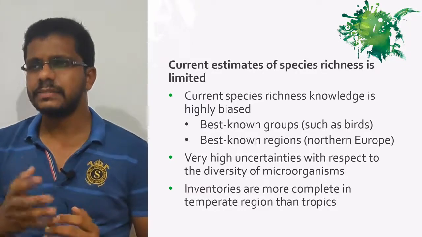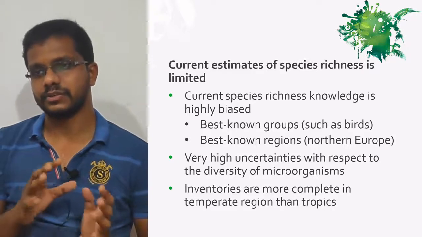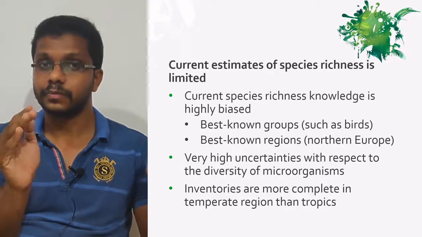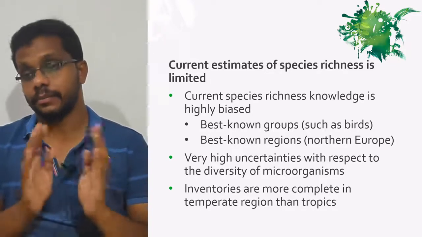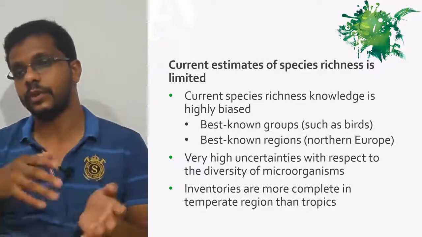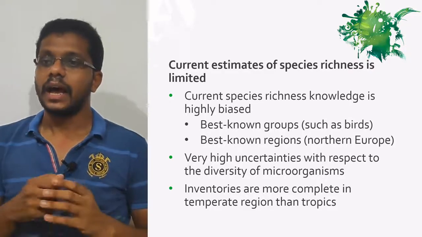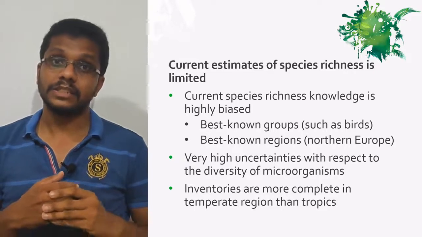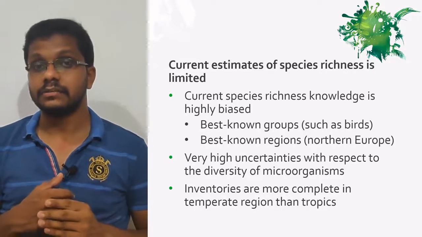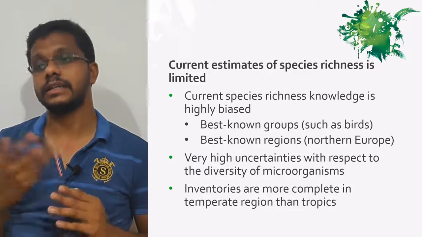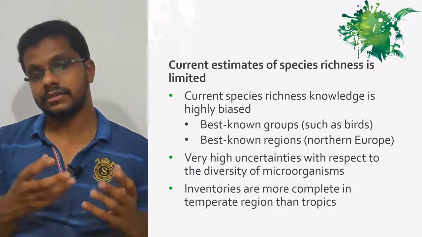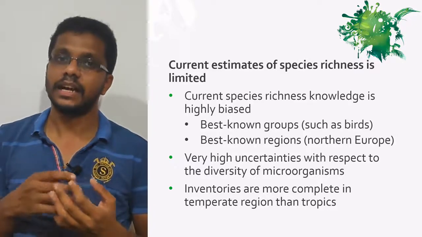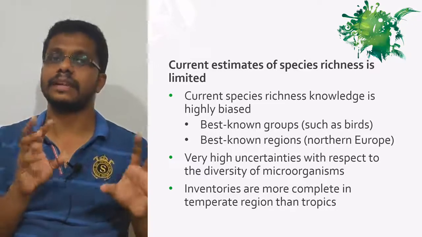So, the current estimate of species richness is very limited because of the bias. We are studying a very limited area with very limited species, maybe a very limited type of species. We are avoiding most of the biodiversity, and there is very high uncertainty with respect to the microorganisms, especially the archaebacteria, which is the biggest group in microorganisms. We don't have enough information about the properties of the archaebacteria, and we know only about very few archaebacteria in